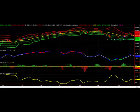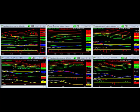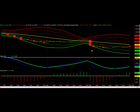For the daily action here on SPX, you can see here we opened on a gap lower, 12 handles lower, and then just dropped slowly throughout the day, finishing pretty much on a very tight range, but 21 handles lower. If we look at the SPY action,